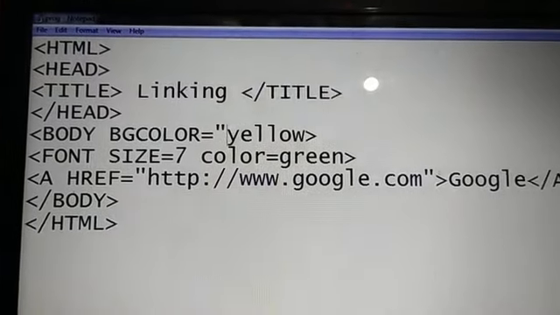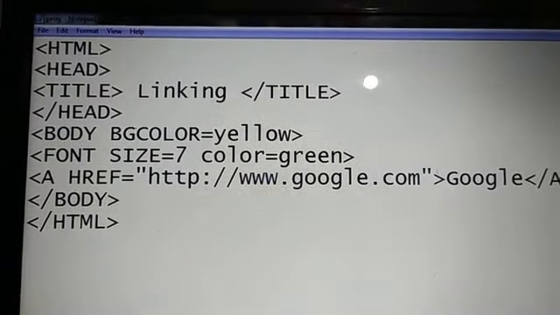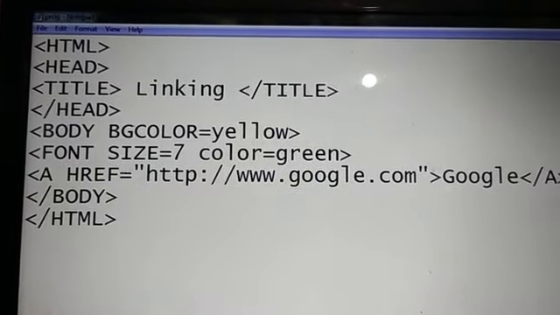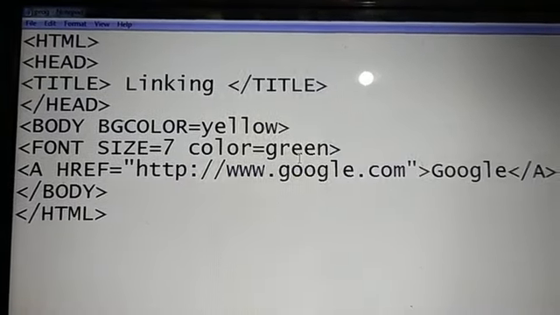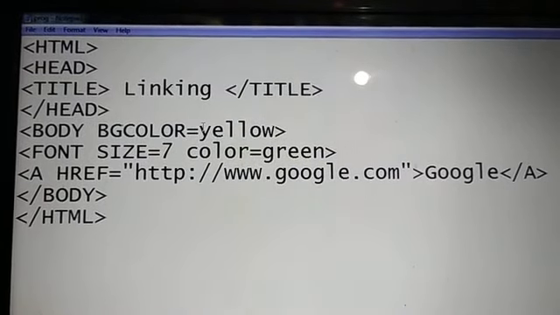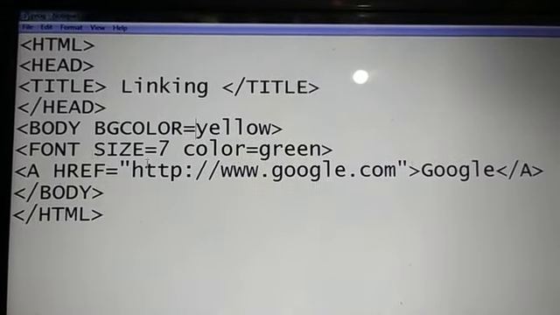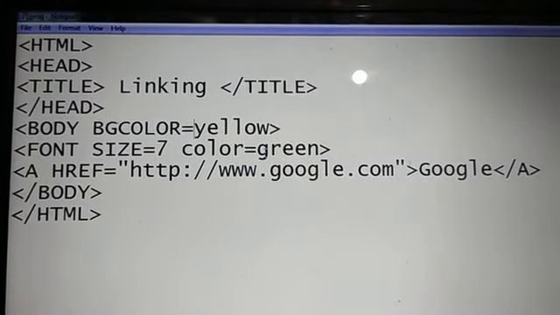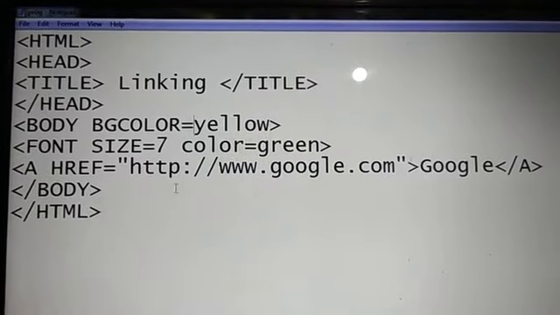If you don't want to use them, you can; it is not compulsory. Then font size 7, color green. You know the body tag, and this is the attribute of the body tag. Then the font tag, its size I have given 7 and color green. So whatever text there is will be displayed in green color.